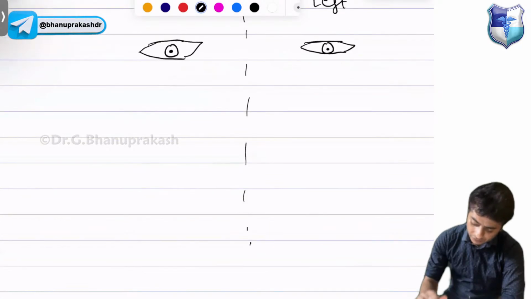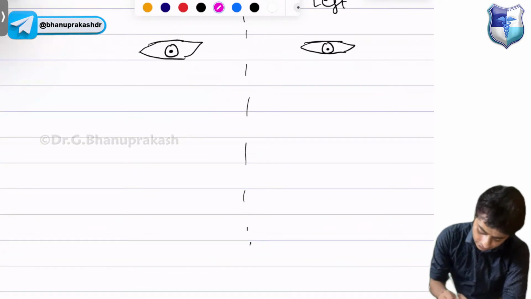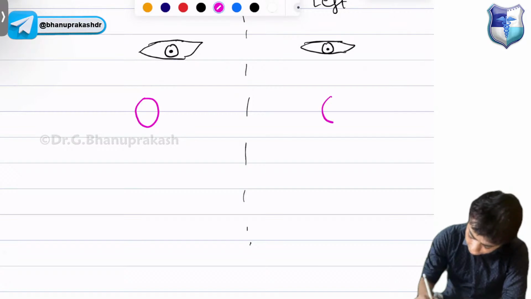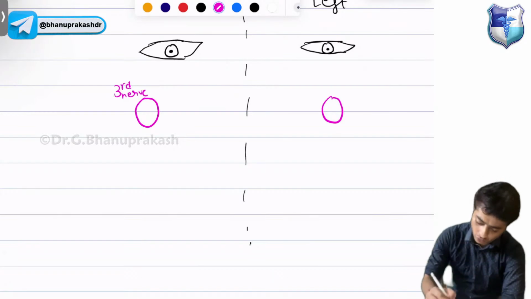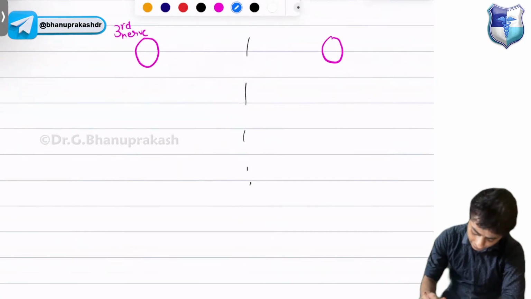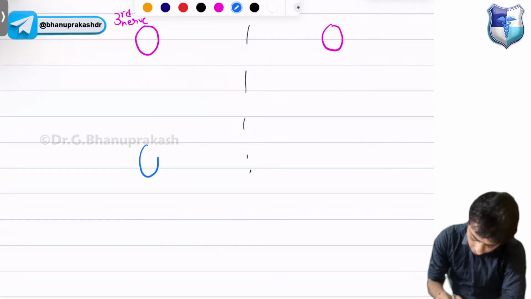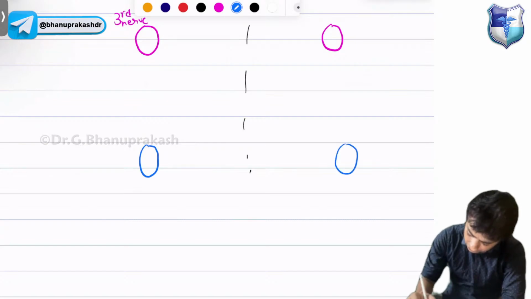Yeah. So, see, there is this nuclei. That is your third nerve. It is your third nerve nuclei. Okay, sir. Then below here is your sixth nerve